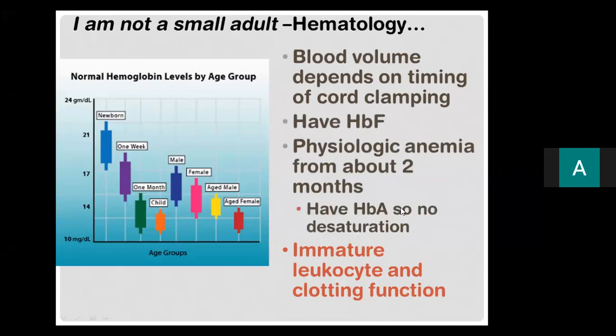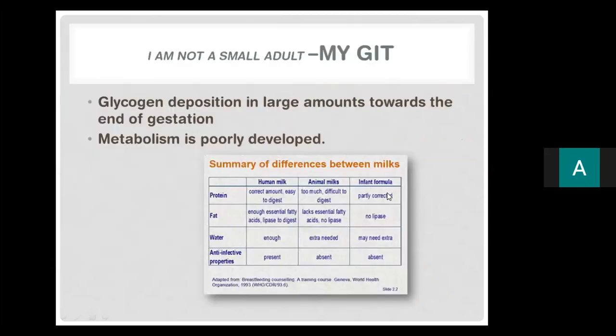During the time that they have that physiologic anemia, they're not going to have any issues because they still have a mixture. They're breaking down the fetal hemoglobin, but they also have the adult hemoglobin that's forming, so they will still be able to survive. Then looking at their gastrointestinal system, generally their metabolism is poorly developed, and so they're at risk of